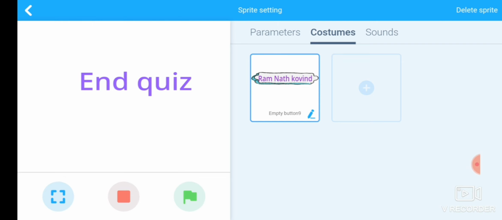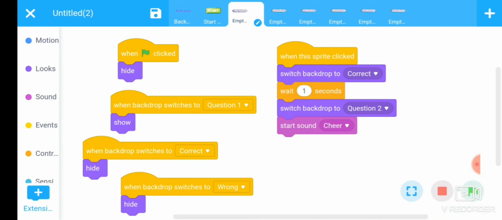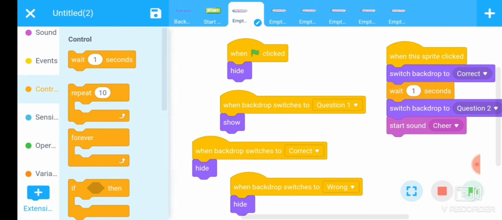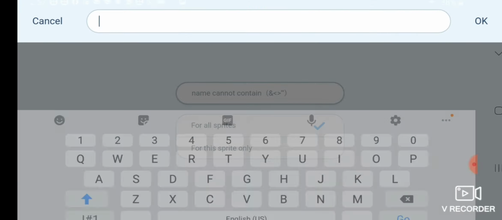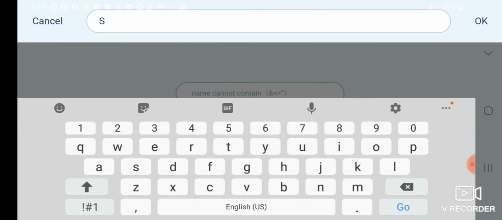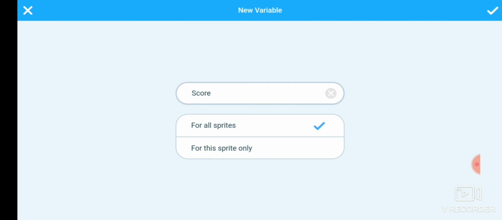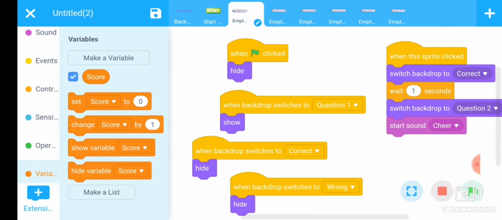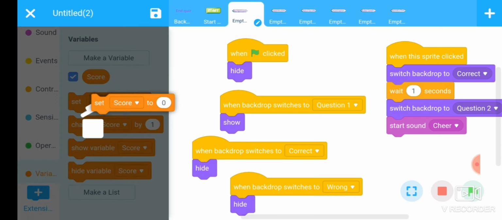Fine. Now we have also add the score here. To adding the score, first we will create a score variable. Initialize this score variable with 0 value.